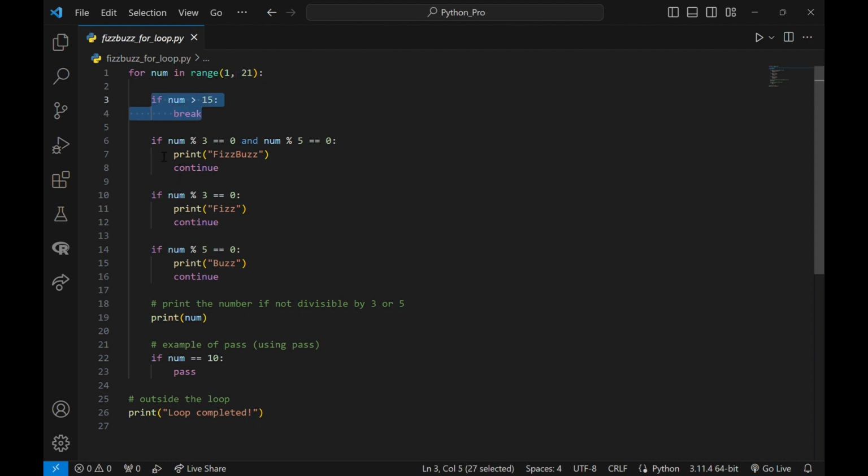So the first condition, as we know, if the number is divisible by 3 and 5, we print fizzbuzz. If the number is divisible by 3, we print fizz. Divisible by 5, we print buzz. And if none of the above conditions are satisfied, we are going to print num. And in the first if statement I used break to break the loop when the number is more than 15. And here I've used continue